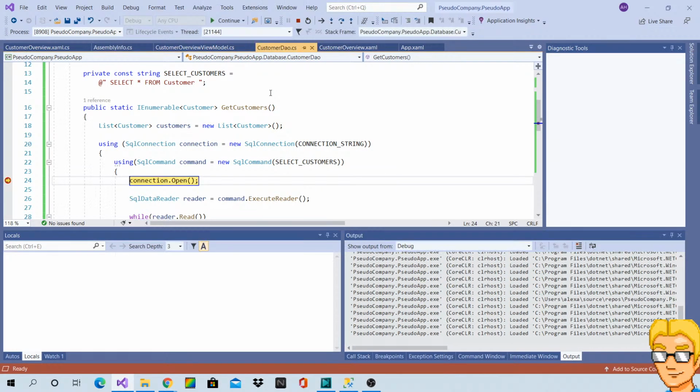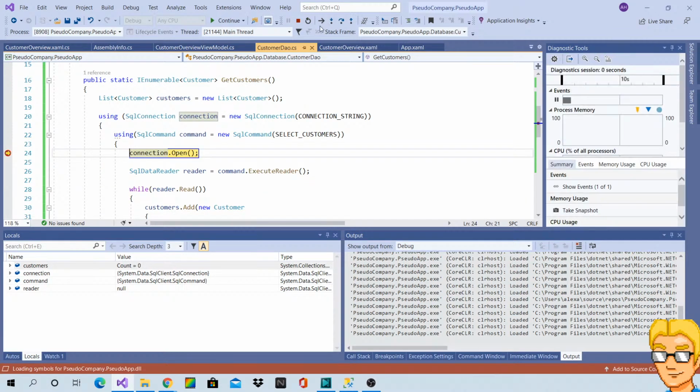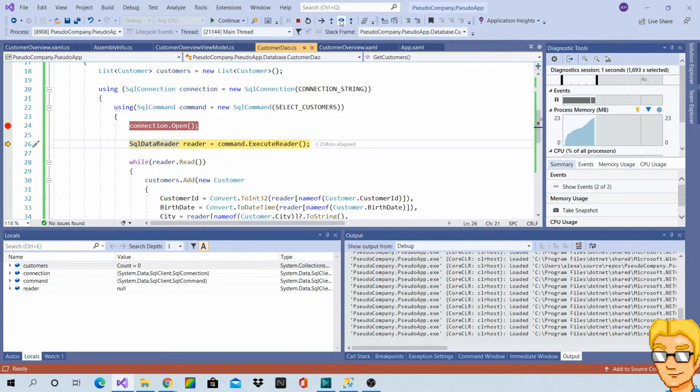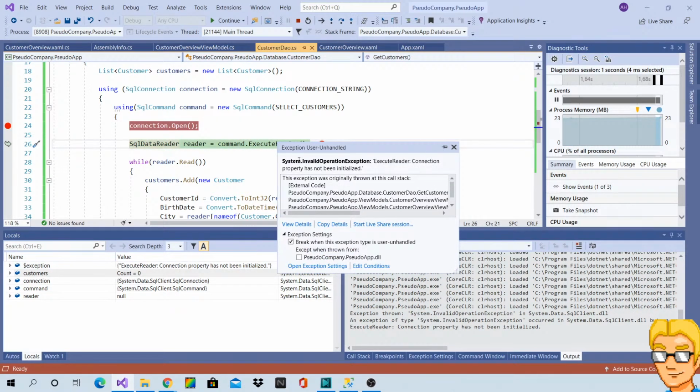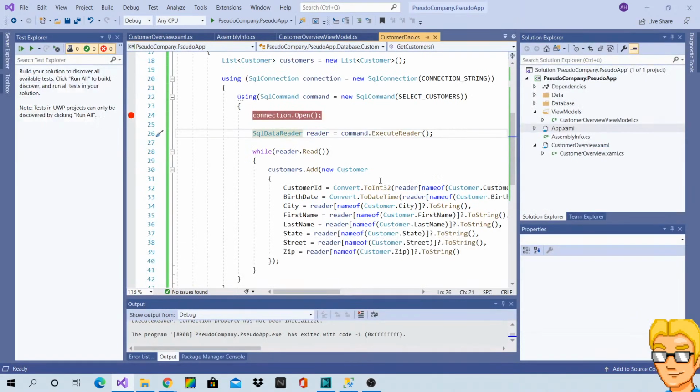Usually, of course, I would use the Entity Framework or NHibernate, but for this simple example we're just going to use ADO. There, connection property has not been initialized, but what part did I forget?